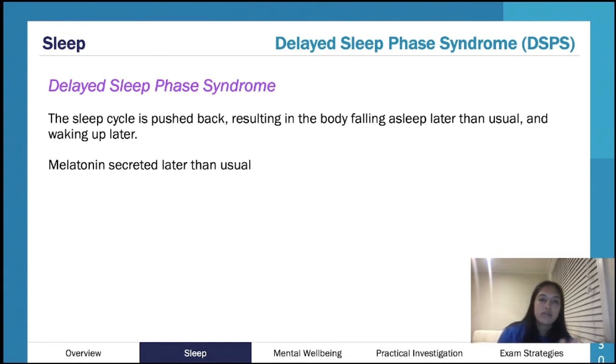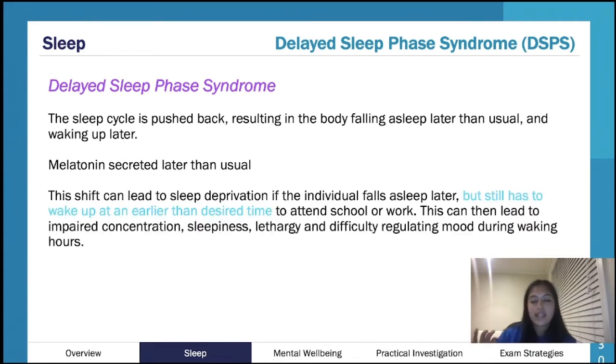So your sleep is delayed. You aren't feeling sleepy when you want to; you're feeling sleepy a little bit later. Your melatonin is being secreted later, so that's why you're feeling drowsier only later. Again, this can be quite bad in terms of sleep deprivation, because if we think about society, we start